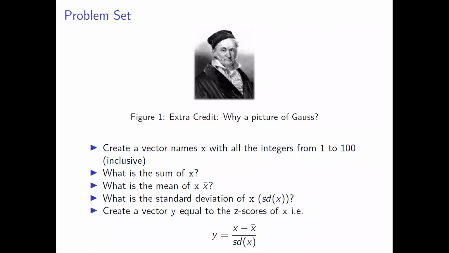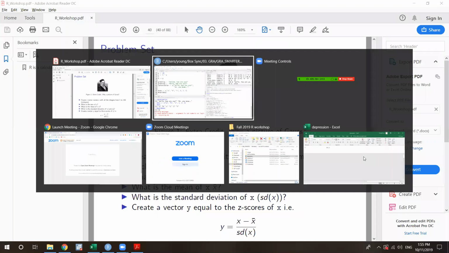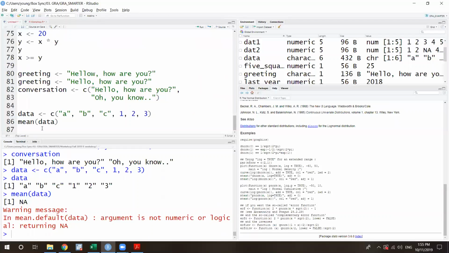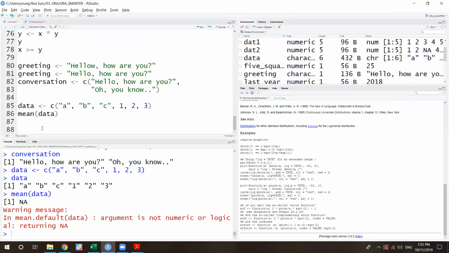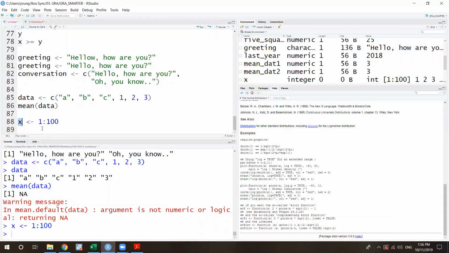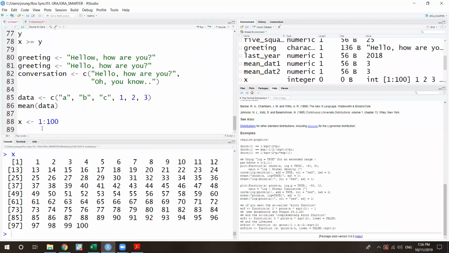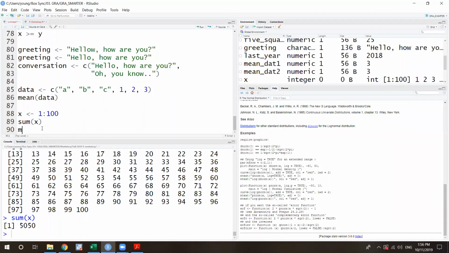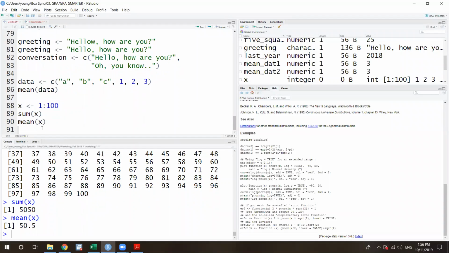Okay. We're gonna solve this question from the first. So first one is create a vector named x with all the integers from 1 through x, right? And then assign to x. Then sum of x is sum(x). And then mean of x.